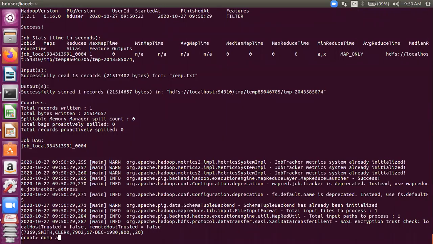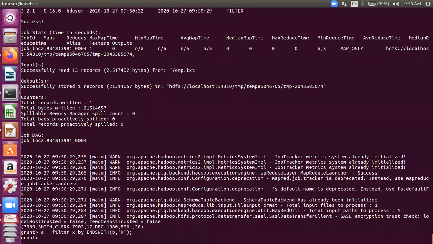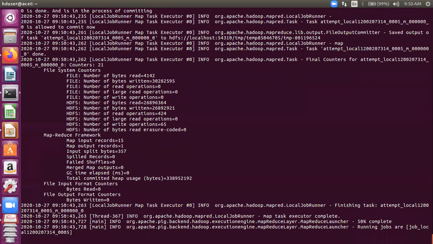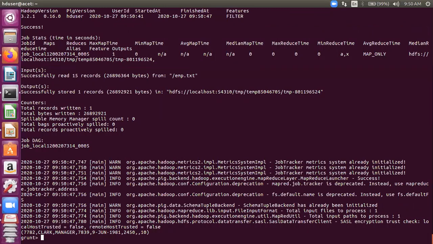Okay, similarly you can try a K also for a Clark. Okay, there's a name Clark also. So let's check. This is how you can check the ENDSWITH. So it will return true or false, and all the rows which end with K would be filtered out. So remember, STARTSWITH and ENDSWITH need to be used with filter, not with the foreach.